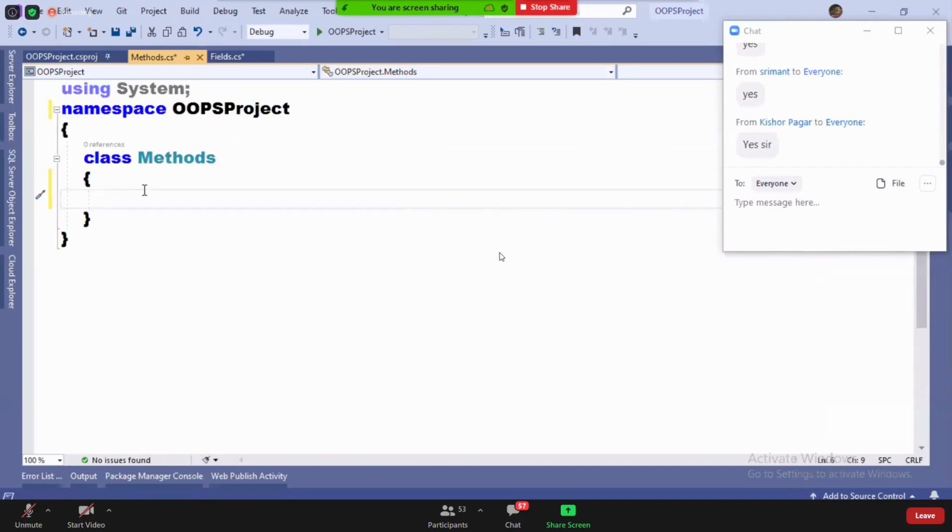Now in this class, I'm going to declare one int x = 200, and static int y = 100.